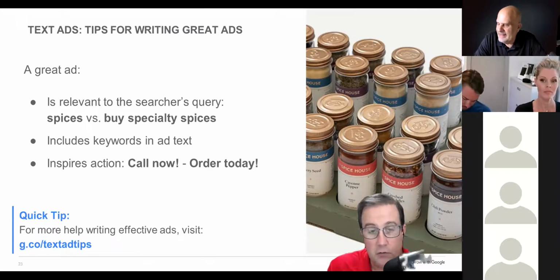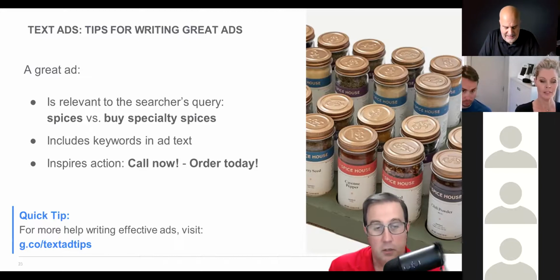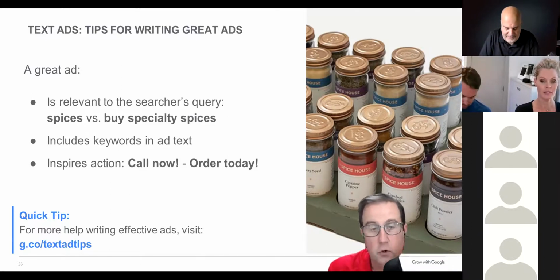Headlines cannot have exclamation points, but you can put them in a description. So "call now" or "order now" could be a good headline. You just couldn't have an exclamation point in it. But you could have an exclamation point in the description. And if you want to get some more tips on writing effective ads, you can go to